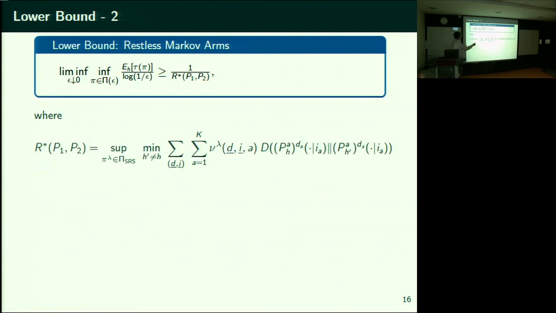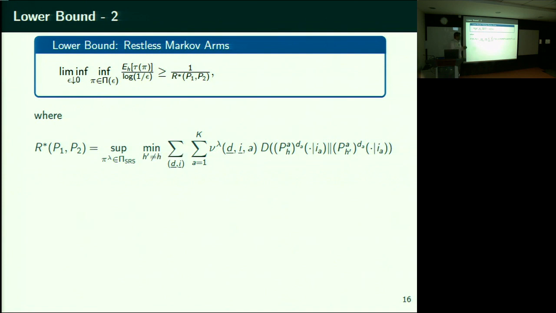This constant grows at least as much as this, where R star is defined as follows. R star has a very nice interpretation here. You decide to operate according to some policy, lambda. Okay, your hand trembles. On an average, in the long term, you're going to see a state di of the system, and you're going to apply action A according to this probability. Now, whenever the system is in that state, that is, you have left the system in some state, the odd movie and the non-odd movie are close in this sense.